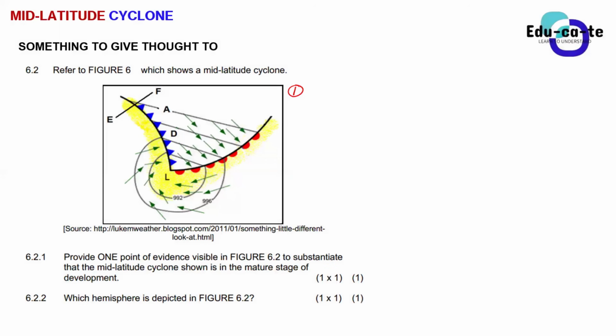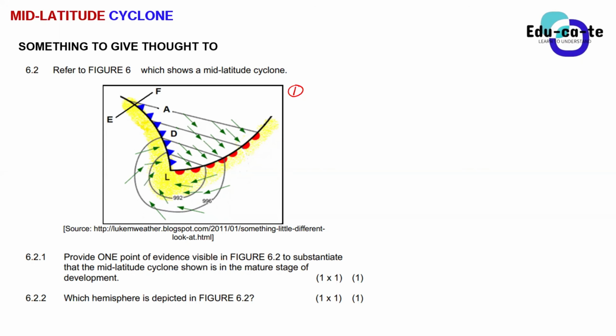Last time we talked about mid-latitude cyclones, right? We talked about the stages of a mid-latitude cyclone, from the initial stage, development stage, mature stage, and occlusion. And we said don't focus too much on the occlusion stage because there are two different types of occlusions, which is something we are yet to do. That is why I even cut some of the questions in the activities I gave you, so that you guys can only do what we have done.